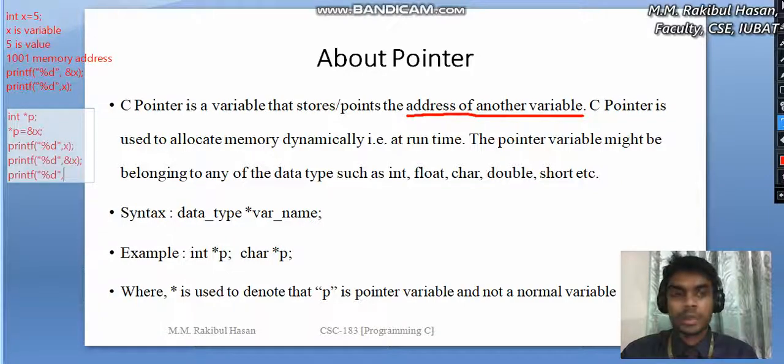Okay, now tell me what it will print. Okay, pointer p. What will it print? It will also print the value of x. What is the value of x? The value of x is 5. So by using this star symbol, we can print the value of the variable which this pointer is